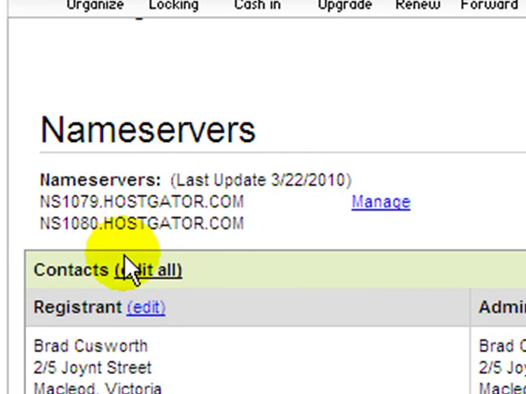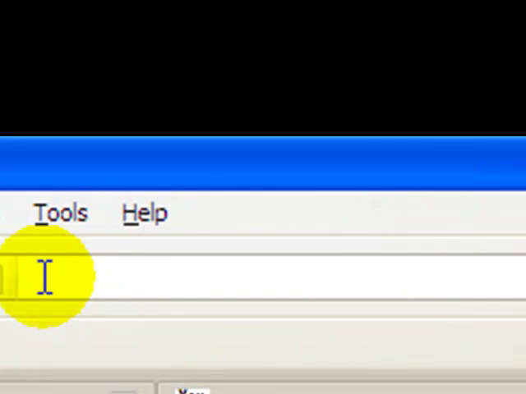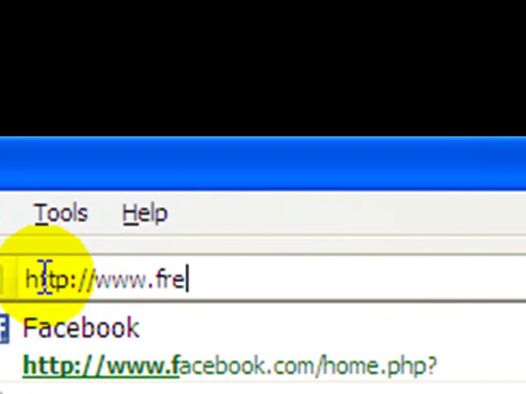So it's updated there. Now guys, it can take between 12 and 48 hours for your new domain to be transferred across to HostGator. So be patient, and I'll show you now what you can check to see if it has actually been transferred across successfully. So we're just going to open up a new window. And in the top browser, just type in your new domain name. So mine was